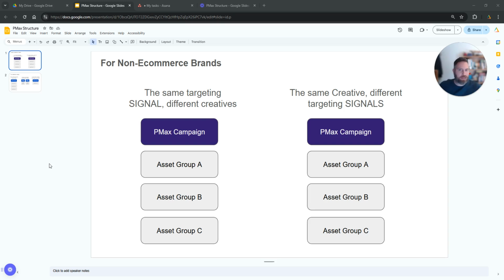First of all, this is my recommendation and you can keep whatever you find useful. It is not the absolute truth. We all know that Performance Max campaigns, to a very large extent, are black boxes. We don't really get a lot of data to optimize them. And therefore, my recommendation for non-e-commerce brands, if you are a B2B brand, a B2C brand,